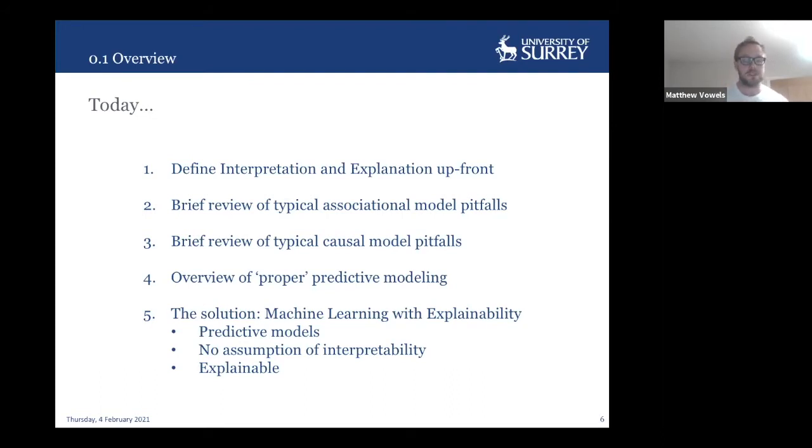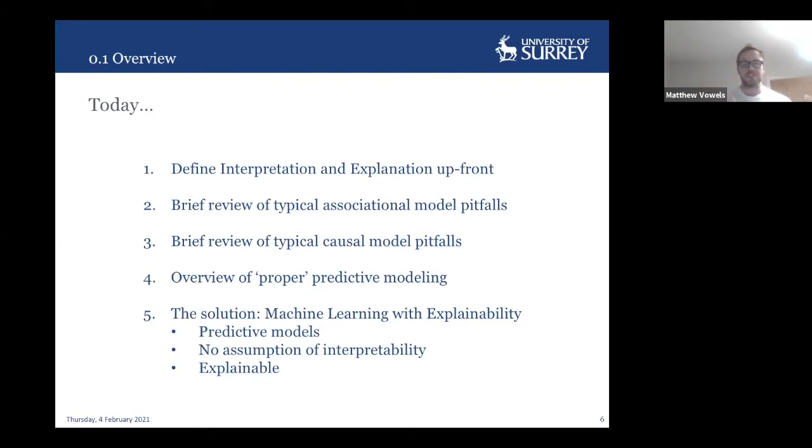These are the typical models that I see being used frequently in social science and psychology, but actually more broadly in other fields as well. There's a shift in emphasis slightly when you move towards fields like ecology, which tend to deal more with dynamics. And there are other fields that do that as well, but primarily social science and psychology. And then I'll give an overview of what proper predictive modeling means.